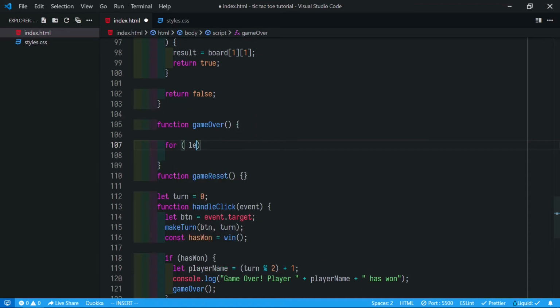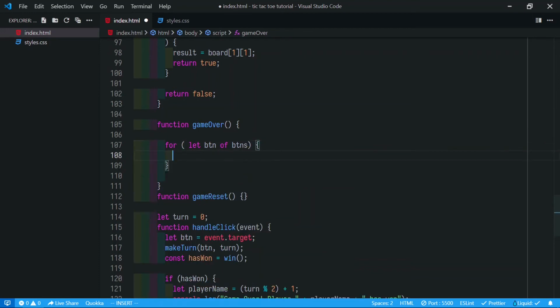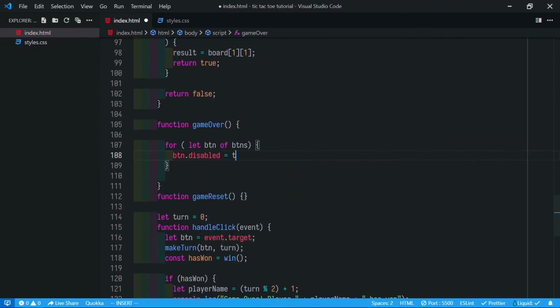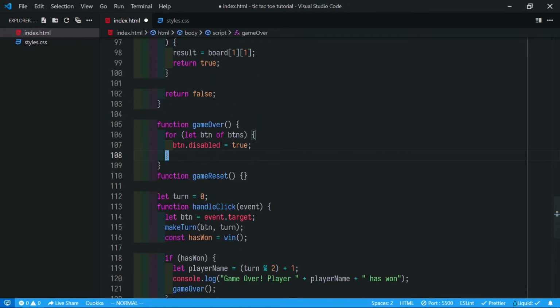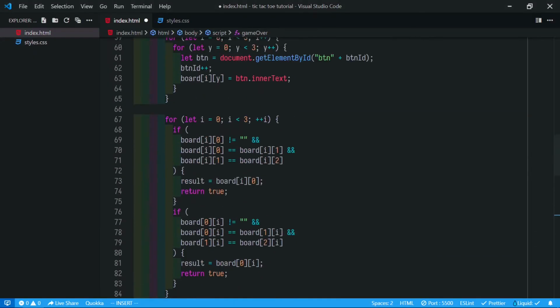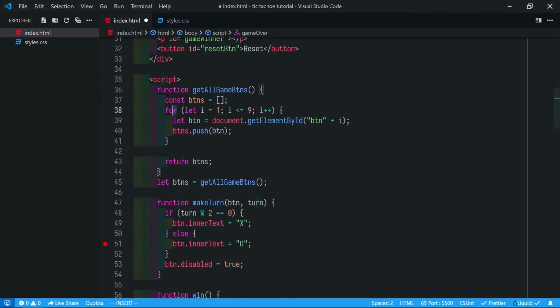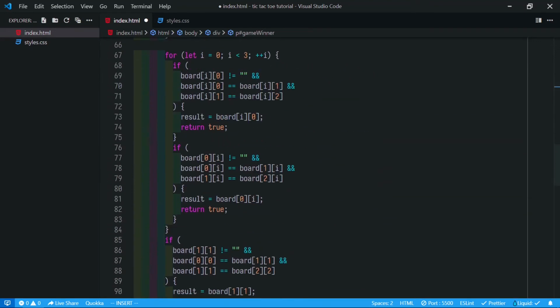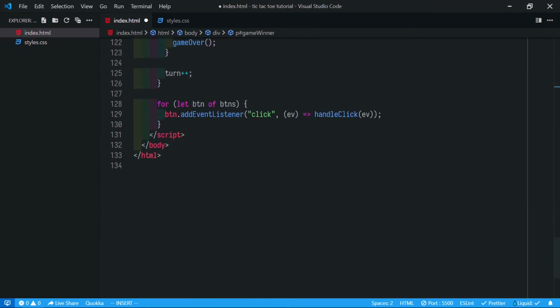For let button of buttons, and for each button we want to disable, so we say disabled equals true, and we want to show in our game winner which player has won.